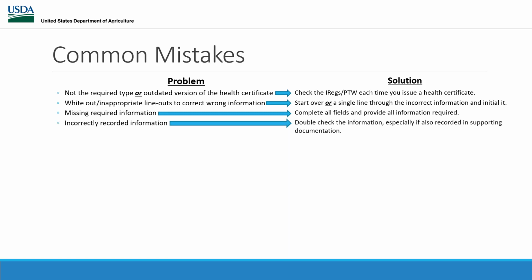Incorrect information is a very common mistake and can affect every part of the health certificate, but the method for preventing such mistakes is very simple. Just always double-check the information you recorded in the health certificate is correct, and if that information is based off of other documentation, like a vaccination certificate or laboratory report, check that the information matches between the health certificate and